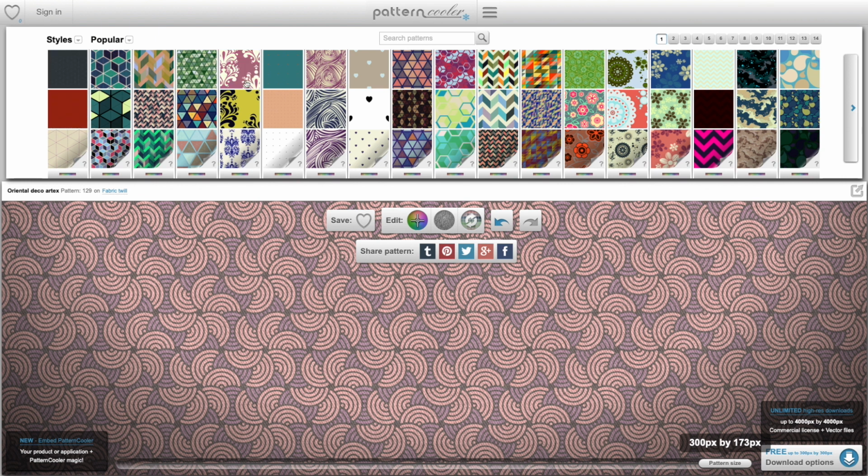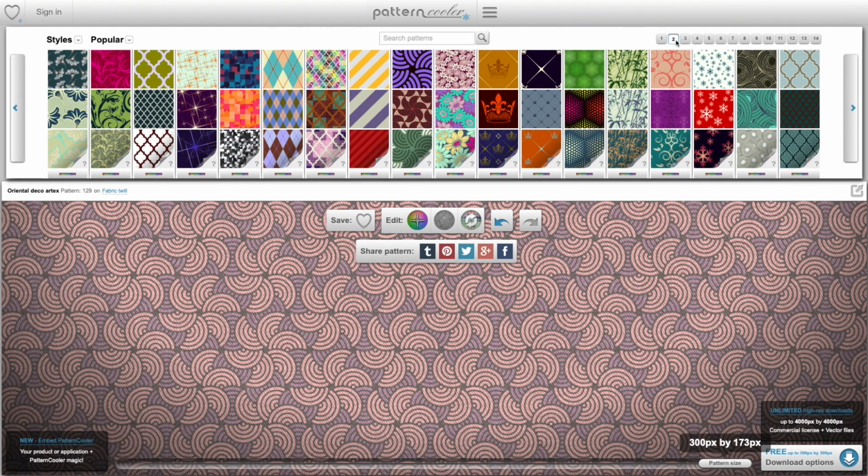As you can see, they've got a bunch of different pattern backgrounds. One thing to keep in mind about all of these patterns is that these are the default colors, but for each pattern that you choose, you can decide what the color is. That can really dramatically change the look of the pattern. So you really want to play around with the different patterns to get a feel for what you can do. The pattern that I chose is on page 2 here. It was one of these swirly ones. I'm just going to go with this